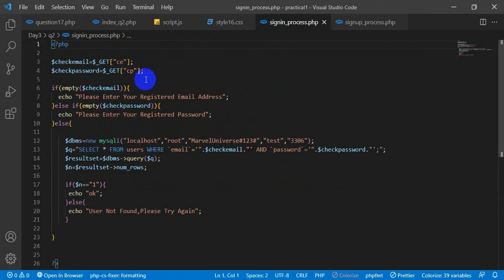Here I didn't validate the email to be a valid one, because if you registered a valid one, obviously the password you are going to enter should also be valid. Only the empty validations are considered here. If the email is empty, you must print this message. If the password is empty, you must send this message.